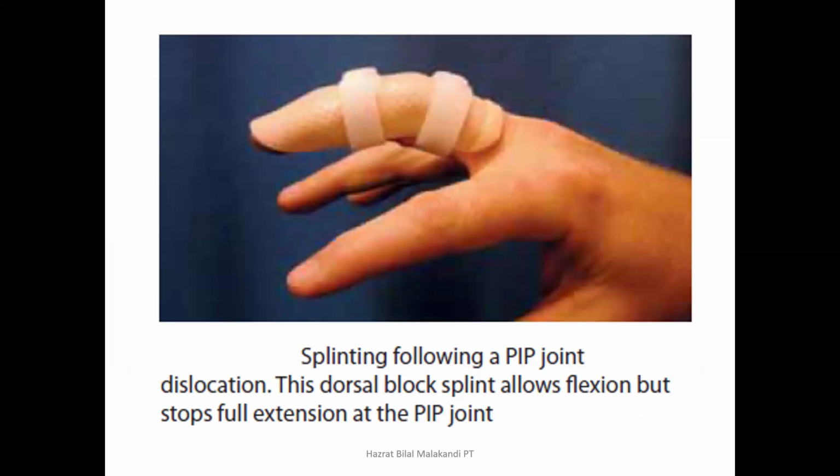And then we can see here this is in flexion, where the patient, during this splint, is unable to extend this digit. This flexion is necessary because the structures here, the collateral ligament or the volar plate, whose injury and disruption has occurred, need some time for healing. That's why this splint is used to block extension; it is called the dorsal block splint, because here the person is unable to do the full